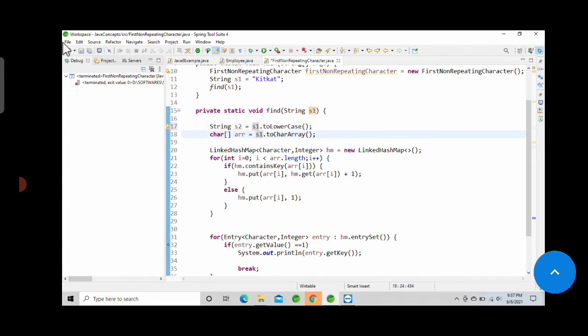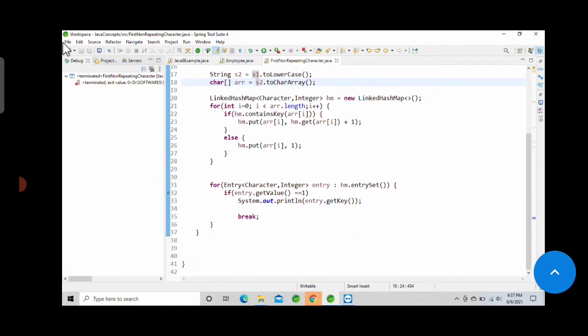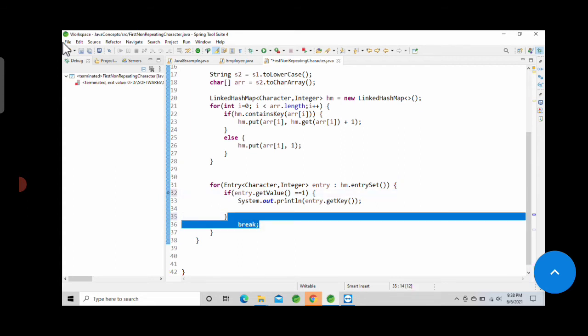Here you just have to mention s2 now, so it will convert the lowercase string into an array and perform the operation on the lowercase string. Then I will move this break statement into the if condition.